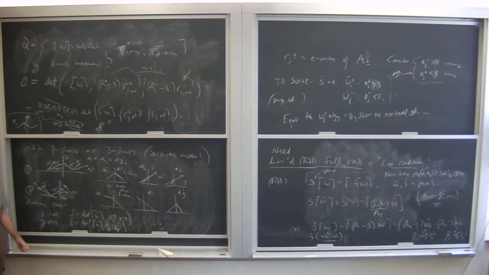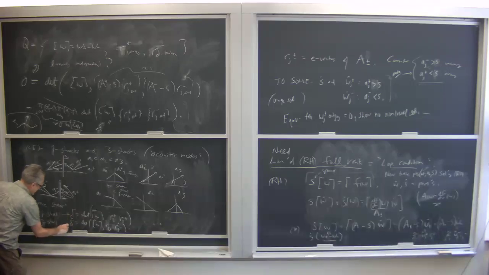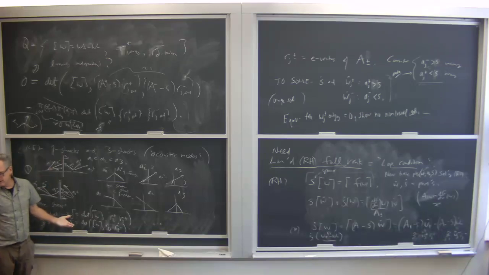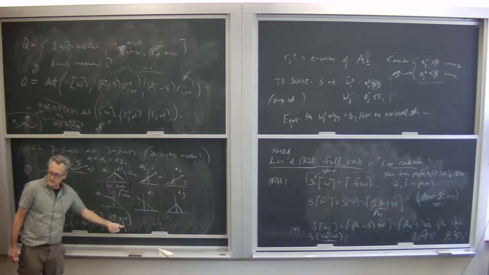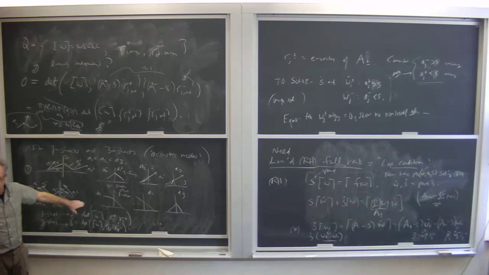And then why for the three shocks the determinant reduces to, okay, so for the one shock it is this one, and the three shock is this one. I'm just saying that in these simple cases, the bookkeeping becomes easy because it's only outgoing on the right-hand side. For the one shock, the only outgoing characteristics are the ones on the right-hand side, and they're the larger ones. So their eigenvectors are just R2 plus and R3 plus. So I can list them in a convenient manner.